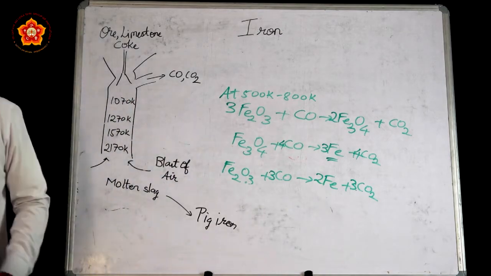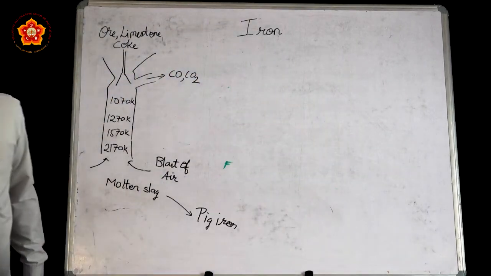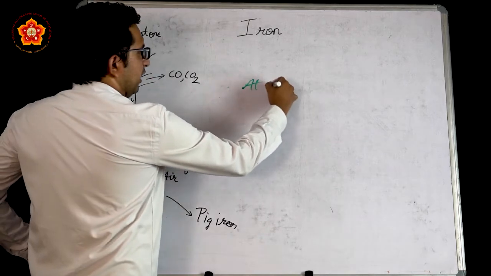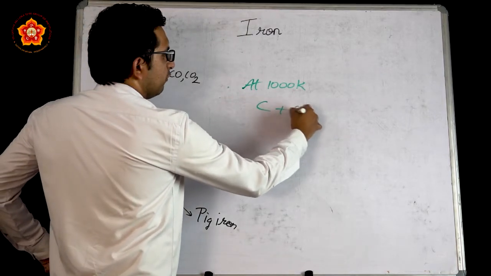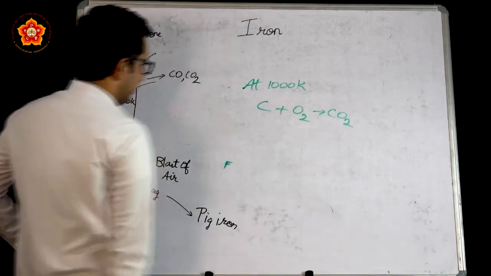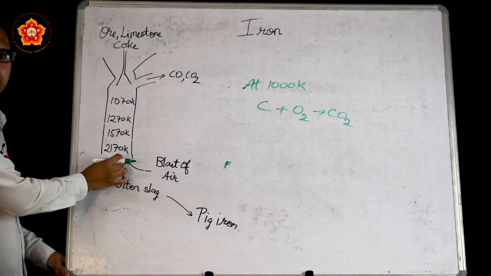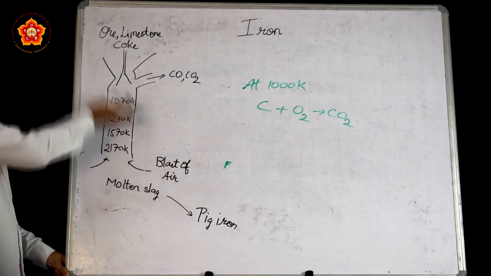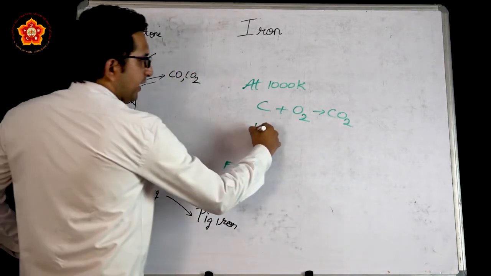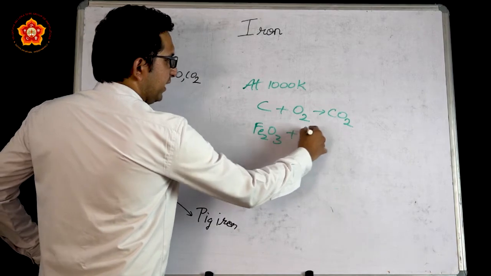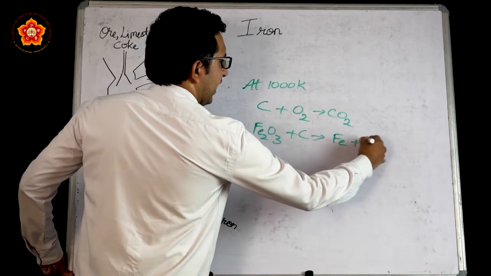What happens at a little higher temperatures now? Let us see. At temperatures above 1000 degrees centigrade or 1000 Kelvin, we have these reactions. Carbon will tend to react with oxygen to form carbon dioxide. Remember, there is coke which is added by us and oxygen gas which is given by this blast of air. And gaseous molecules will naturally try to go above in this system. So the carbon dioxide is formed, and Fe2O3 may directly react with the coke that you have supplied, thereby forming Fe and CO2.